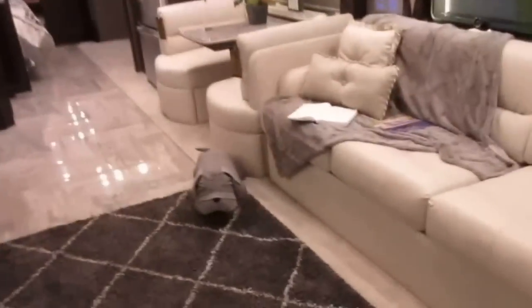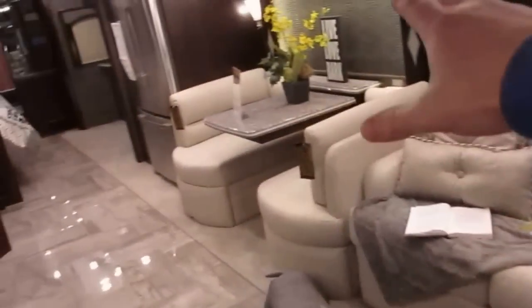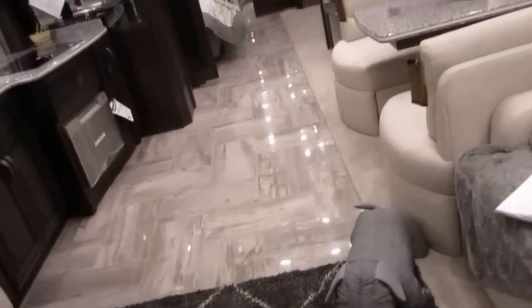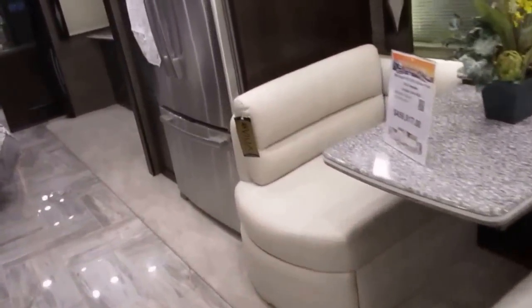All right, let's go inside this coach. I like how these steps retract and extend very smoothly. And see, this floor plan is just a little bit different. Right here you've got a nice long couch, a booth dinette, where the other one was a freestanding dinette, and then an opposing couch here. So you've got a couple of beds in here that you can easily make out if you're going to have guests. That does not make into a bed, but believe me,